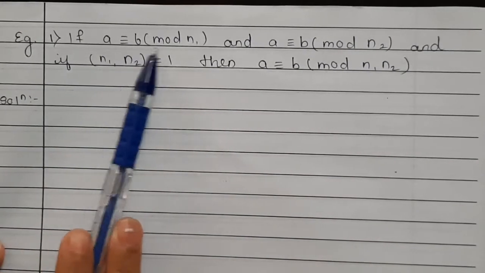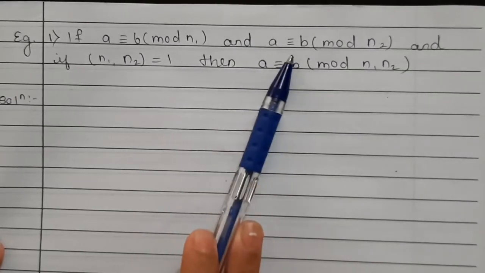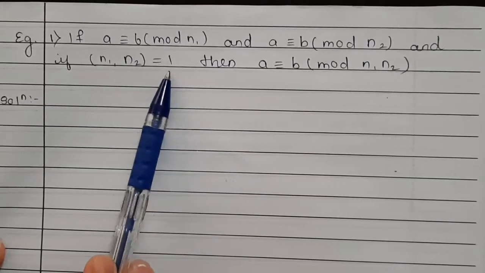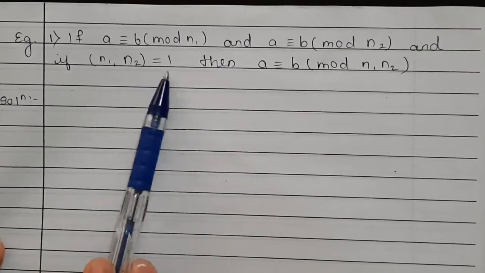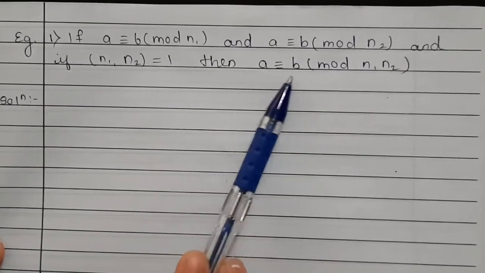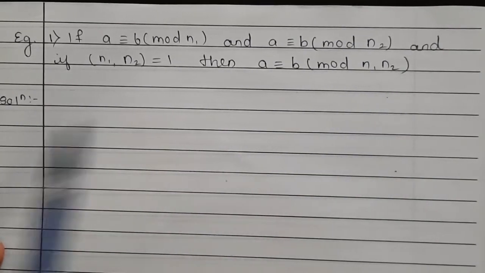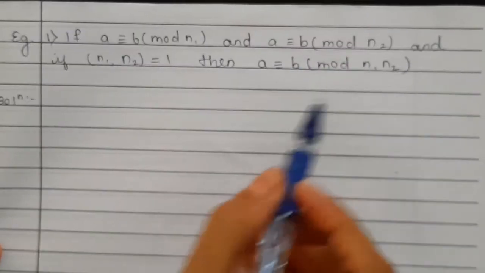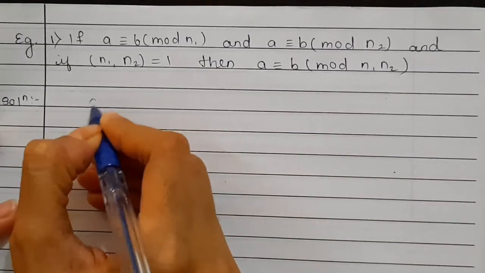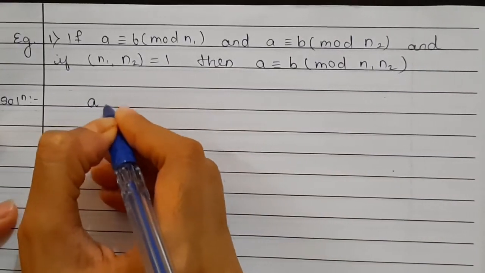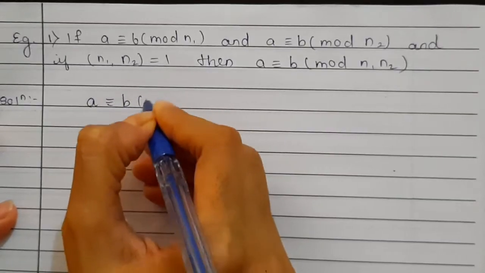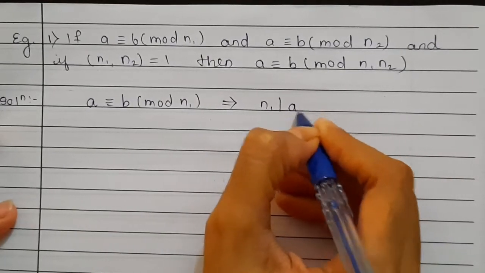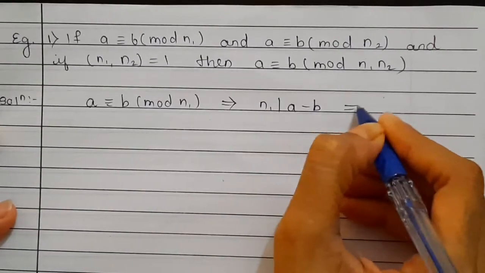If a is congruent to b mod n1 and a is congruent to b mod n2, and if GCD of n1 and n2 is equal to 1, then a is congruent to b mod n1 into n2. Okay, so how will we solve this? First we have been given these two equations, so we write down this. a is congruent to b mod n1, which implies n1 divides a minus b,